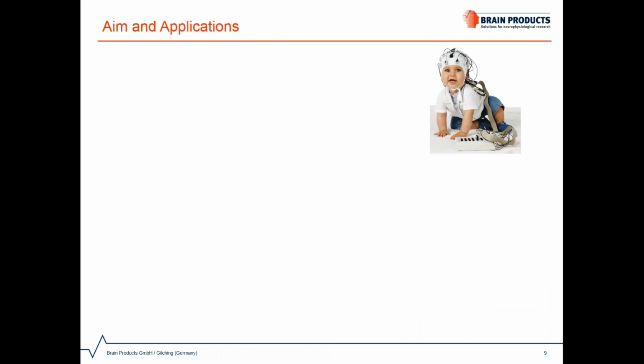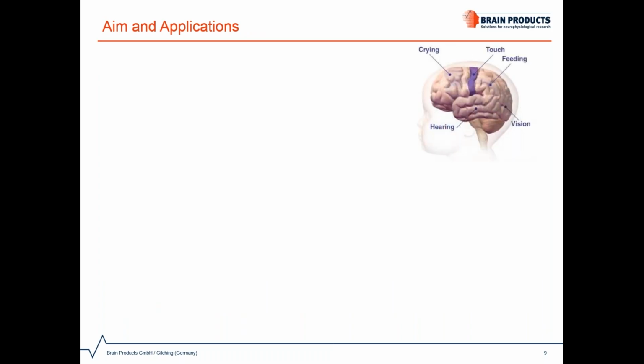So this leads us to the main aim and applications of source analysis. To start with, you can think of the brain like a committee of experts. It is organized into different parts that are wired together in a specific way, where each part has its own special task. Once you have measured the summation of the electrical activity coming from the different parts of the brain